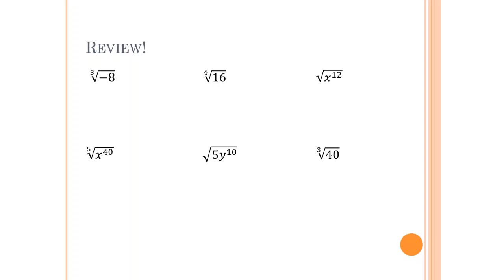So in the first example there, you see the index is 3. That tells me that I want to find a cube root of whatever the radicand is, which is -8. And so basically I need to know what goes in this expression. What to the third power gives me -8? And of course that answer would be -2. So the cube root of -8 is -2, and you don't have to write that part, just literally write -2